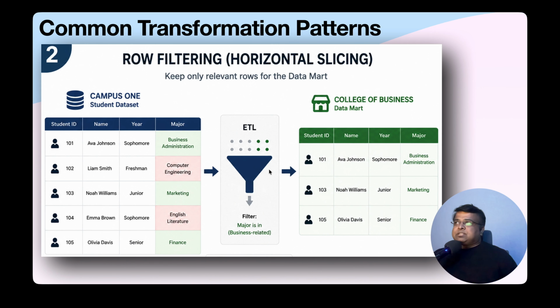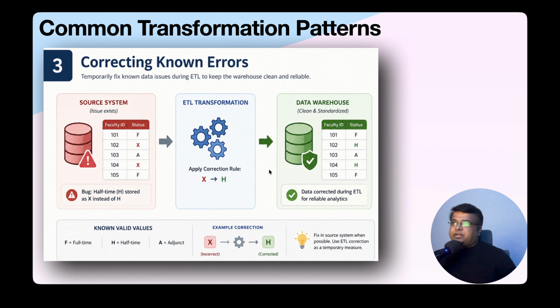Now, let us look at the final one, that is correcting known errors. Ideally, if there's bad data in the source system, we would want to fix it directly there. But in reality, source system fixes can sometimes take time. Maybe the issue has already been reported, but the application team has not patched it yet. So if we already know about a recurring issue, we can temporarily correct it during ETL to keep our warehouse